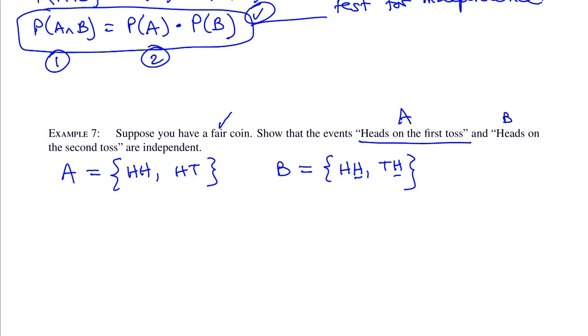Now the question is, do you believe that these two events are independent? In other words, the mere fact that you got a heads on the first toss, does that have any influence on you getting heads on the second toss? The answer is no. In some circles, they say that the coin has no memory,